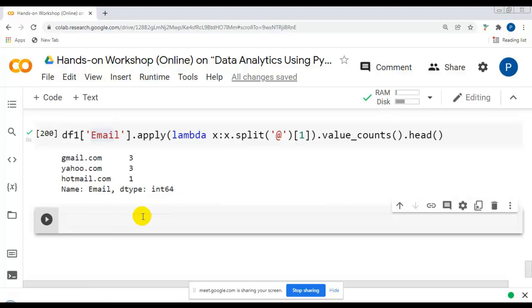So for beginners, it's well and good up to this. You can just do the practice. So now if you have any query or doubt or anything that you want to share, now you are open.